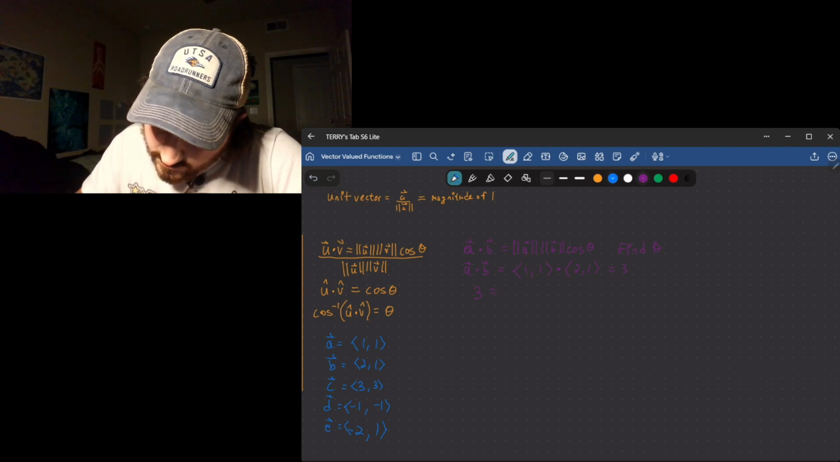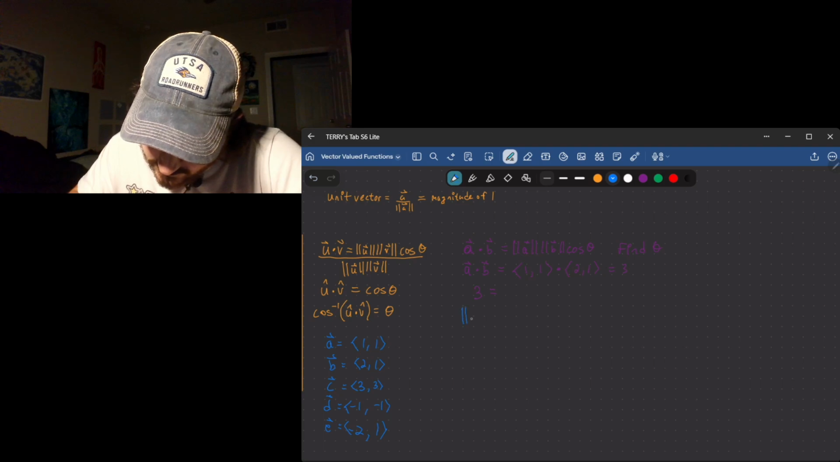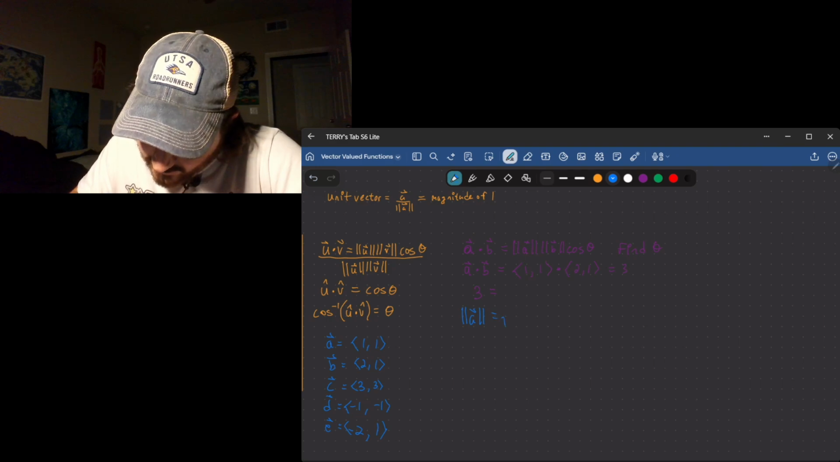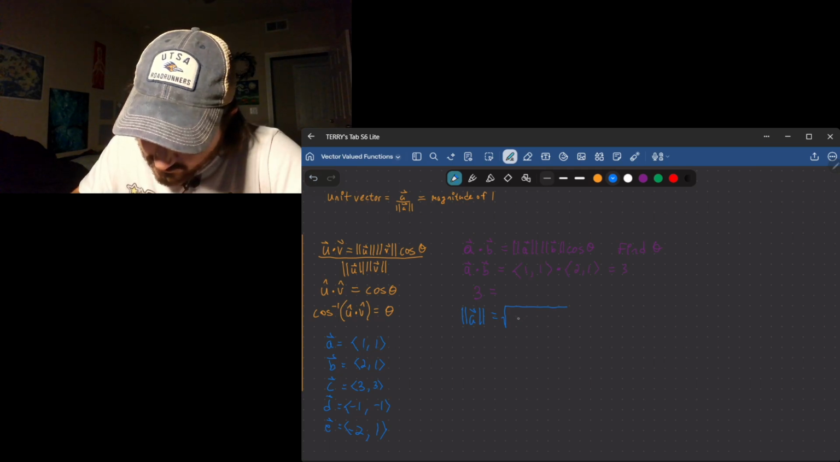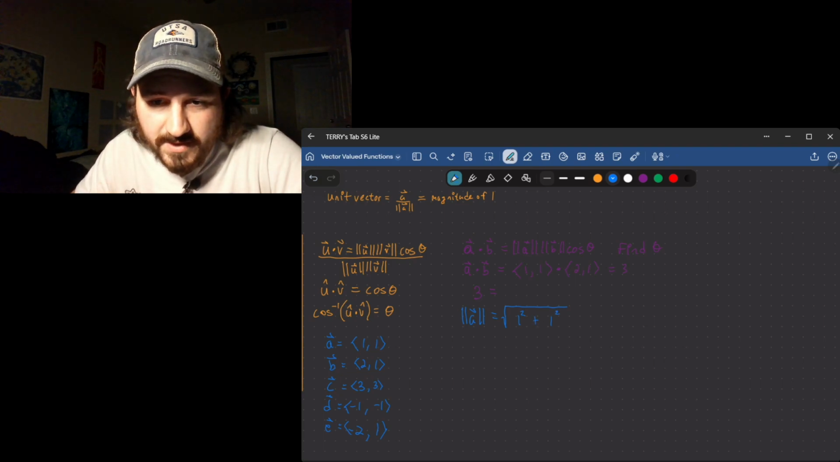So the next thing I need to do is get the magnitude of A. Now to find the magnitude of a vector, you're going to take the square root of the sum of the squares of the components. So the components here, we have 1 and 1, so we're going to square both of them and add them together. This comes from your Pythagorean theorem. So this is just the normal Pythagorean theorem,